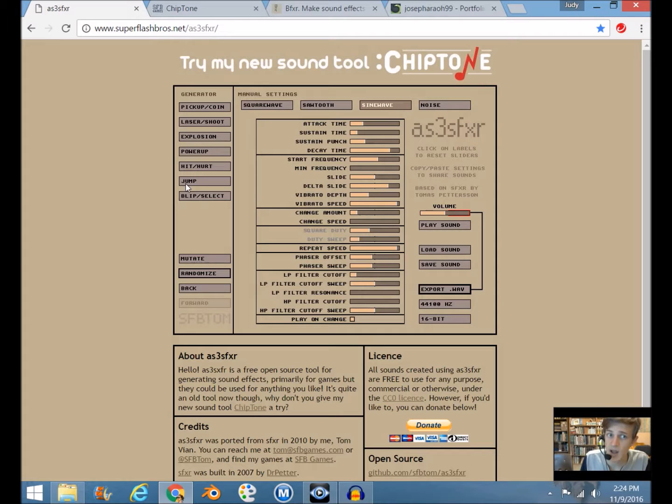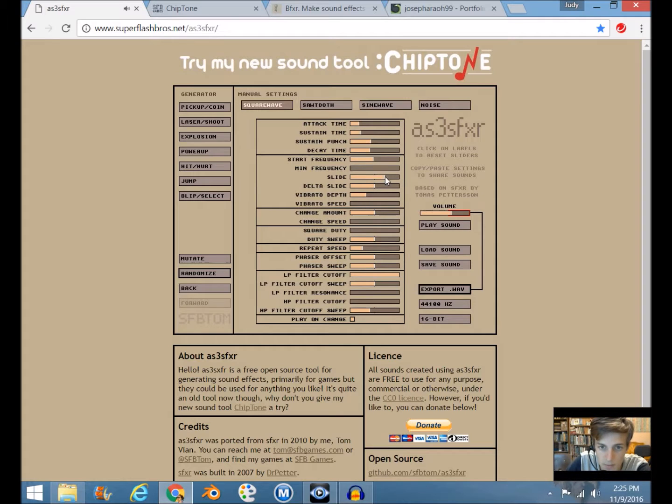To generate a sound effect, it is extremely simple. You see we have a number of options. Here we have about 7 buttons right here. So if I click one, it generates a sound effect. And this right here is a whole list of settings. It can be scary, but you can actually learn with time what they do. I'm not going to go into much detail, but for example, attack makes it last longer. And I can change the volume, for example. I'm just randomly clicking around. I don't know how to use this very much, but